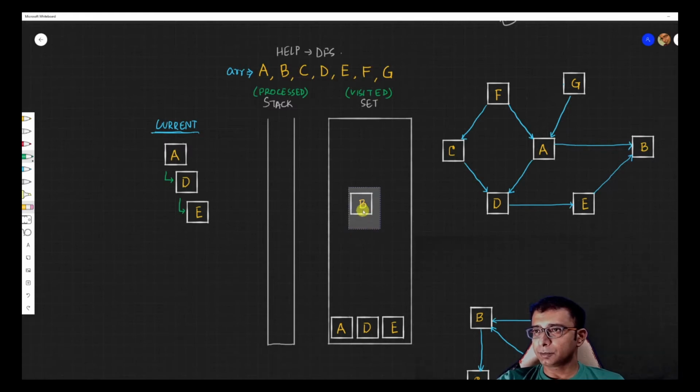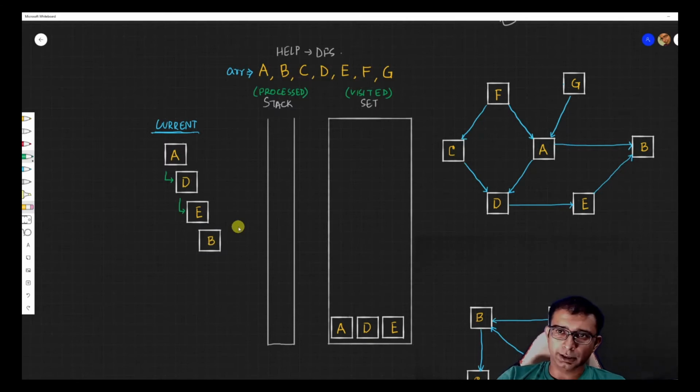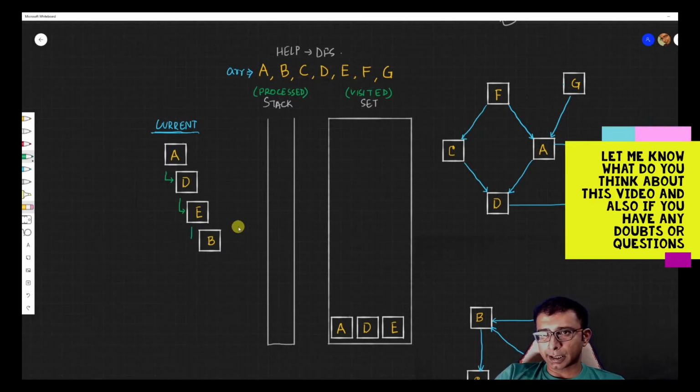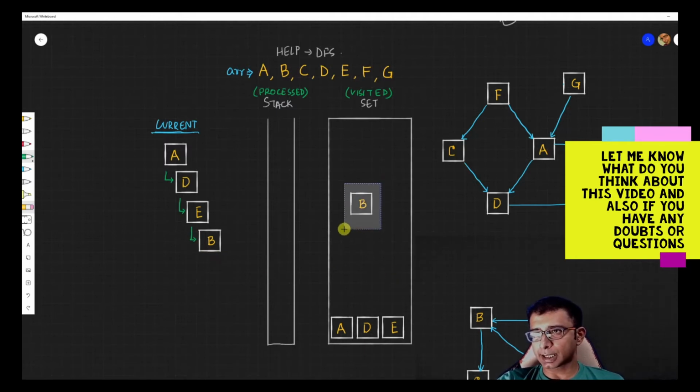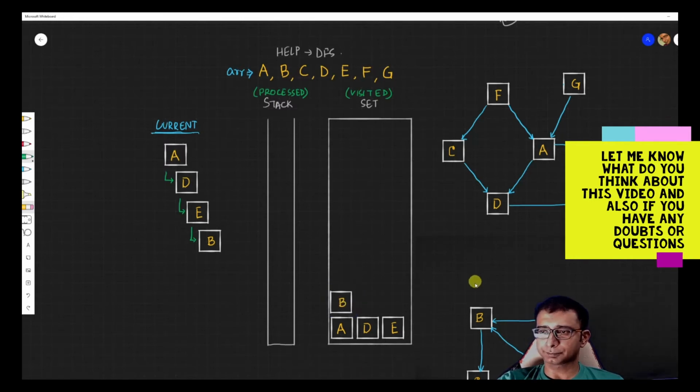So from E, what we get is the first child, B. So I put the B over here, and I go into recursion again. Mind it, these are all happening in a recursive cycle, right? So once again, for B, I add the B into my visited set. Since B has been completely done, it does not have any unexplored child, so we put the B into our stack, saying that this has been completely processed. And since B is done now, this node is gone from here.